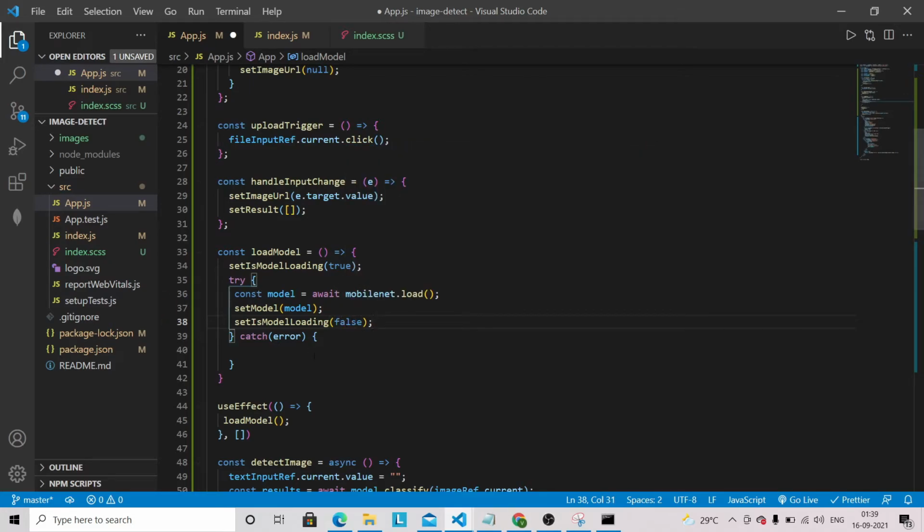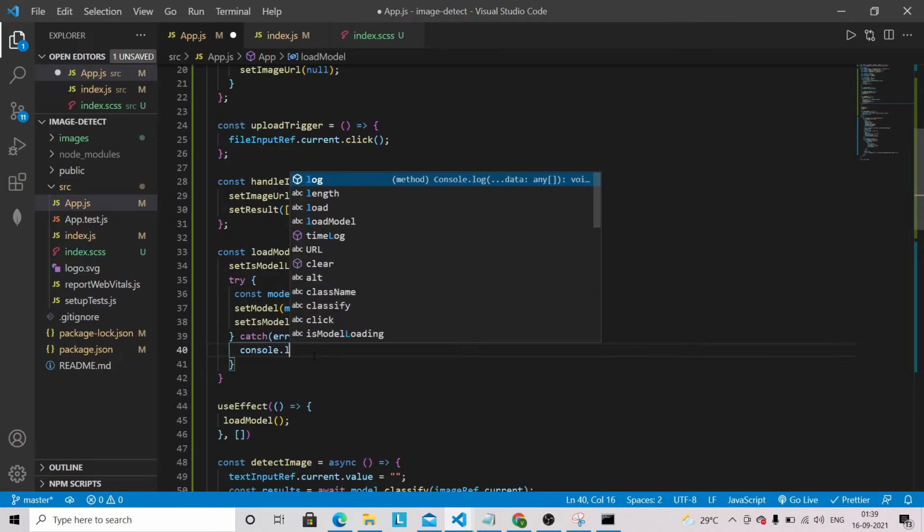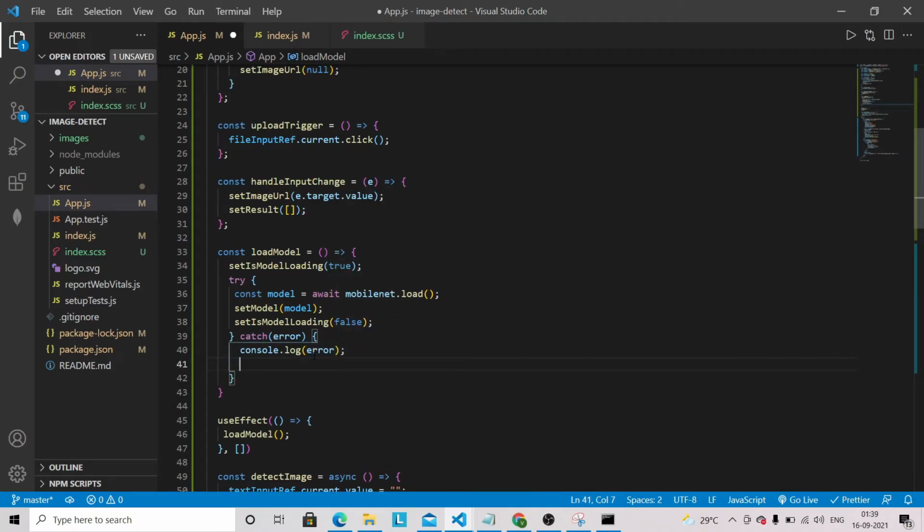In case we have any error, we are just going to show console.log error, and set is model loading will be false in that case.